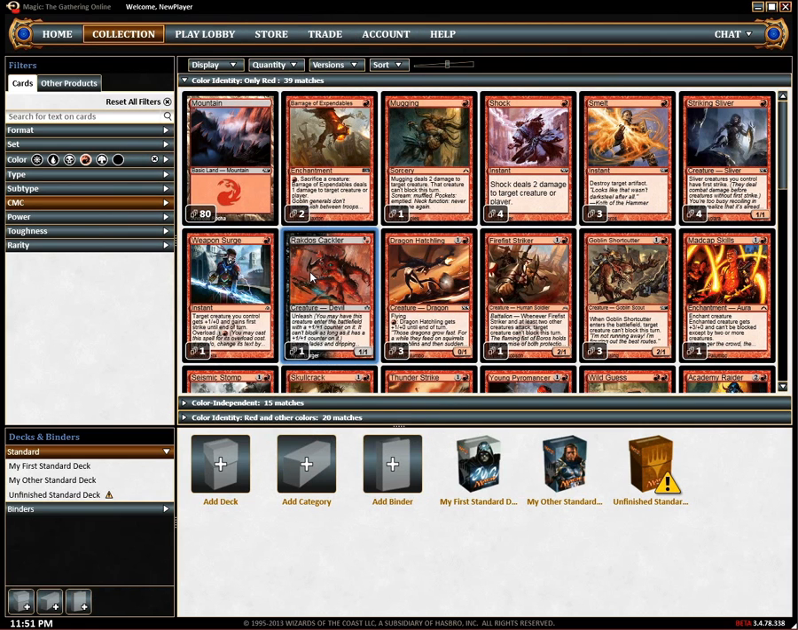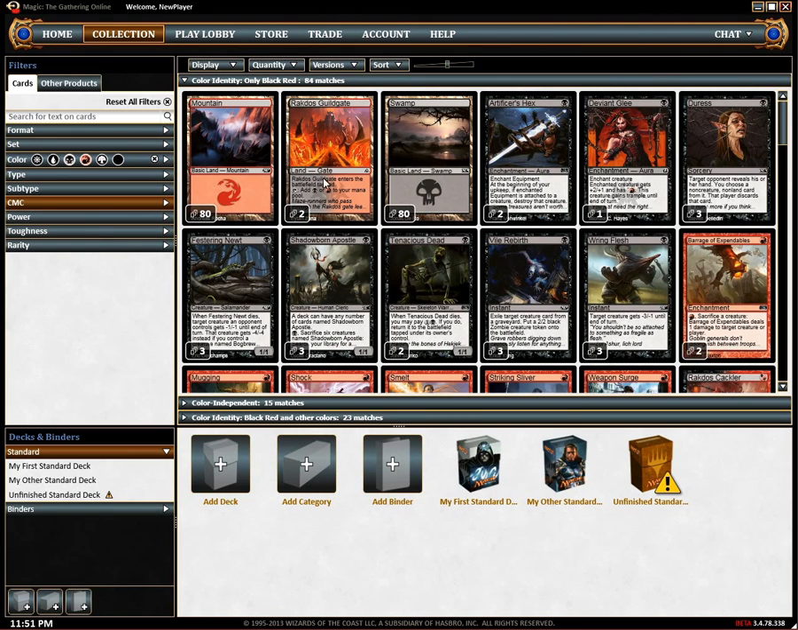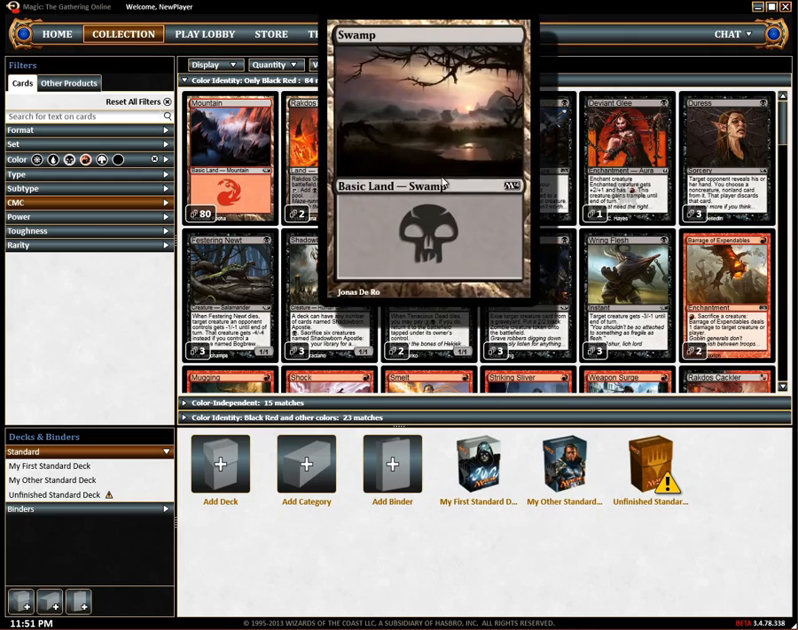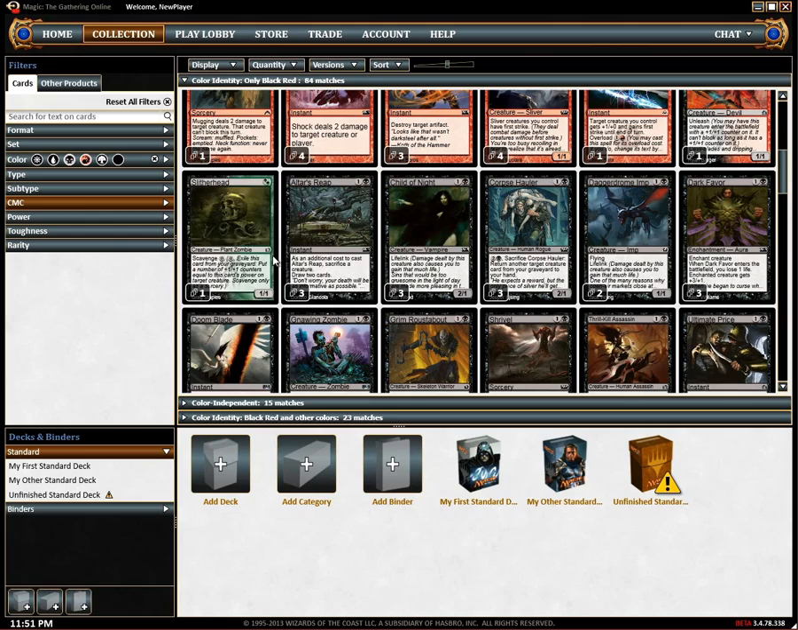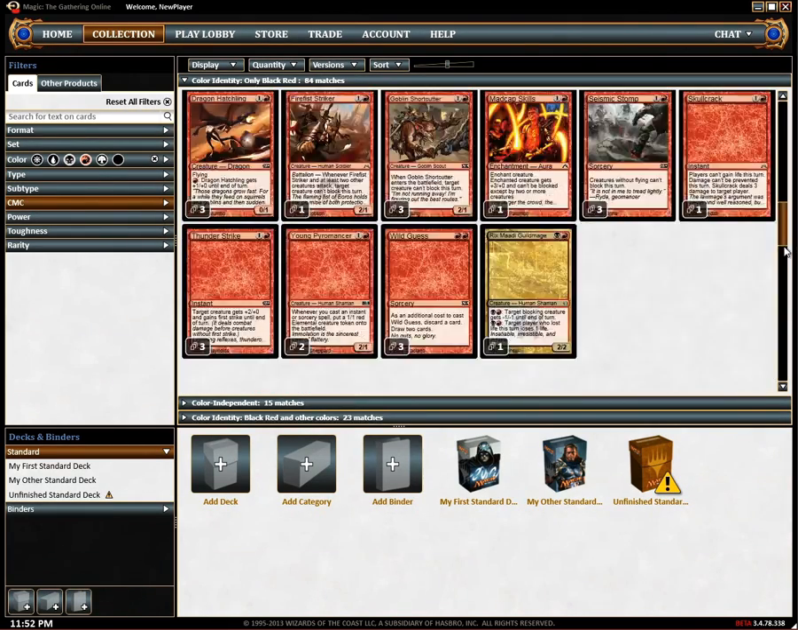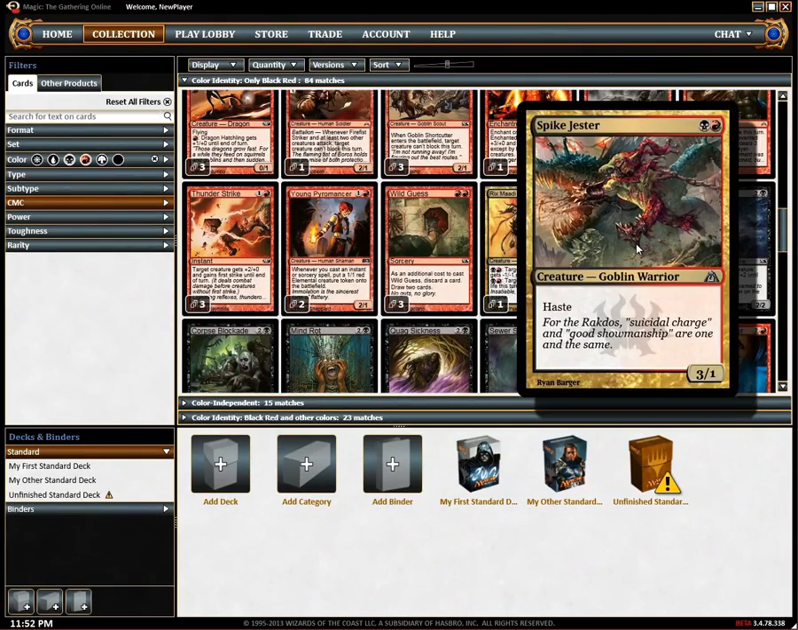Think of it this way. If you were building a deck only using red mana, you'd be able to play all of the cards in the top group. If you add a second color, the top group now cares about both colors. For instance, selecting black adds cards like Duress, Swamp, and Slitherhead, all cards that can be cast with or produce only black mana, as well as cards like Rakdos Guildgate and Spike Jester, which produce or need both red and